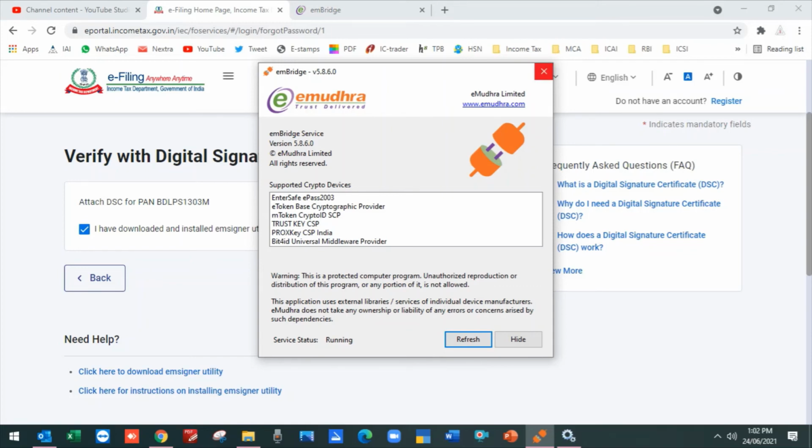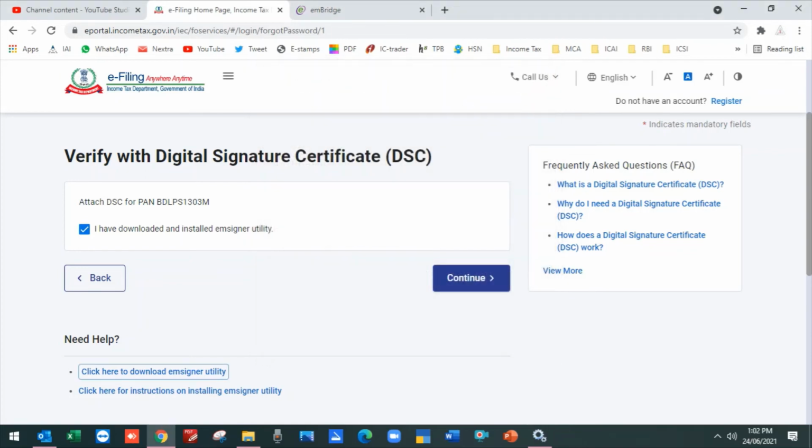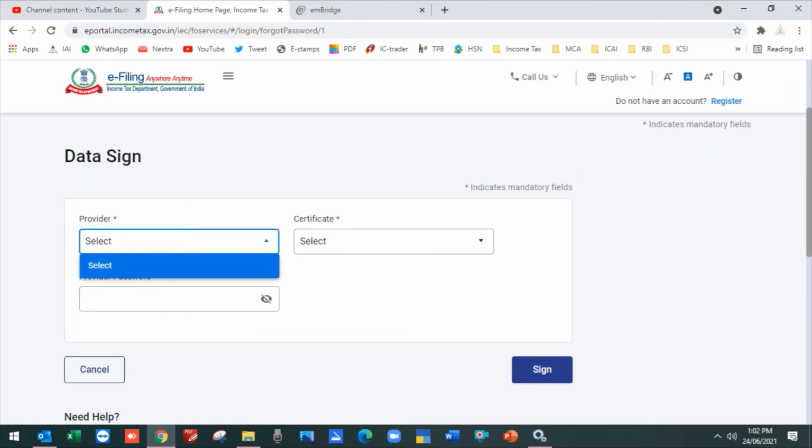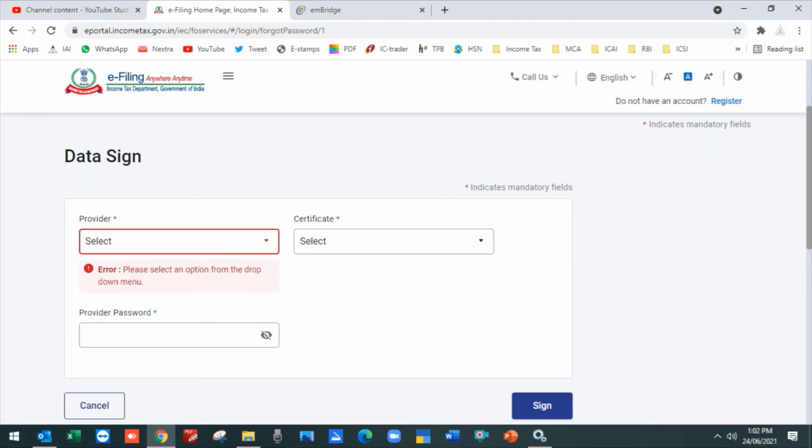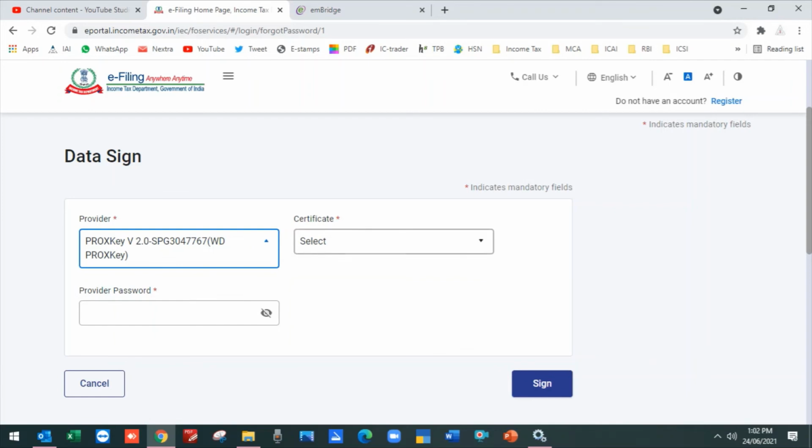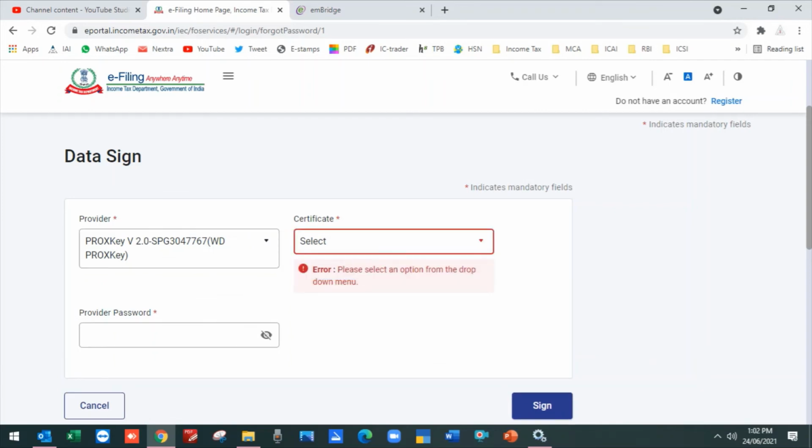After that, plug your DSC into your system and click on continue. Then one pop-up will open related to the DSC.